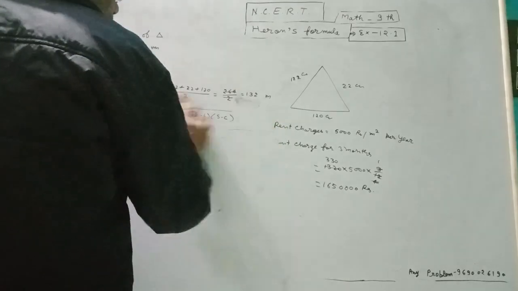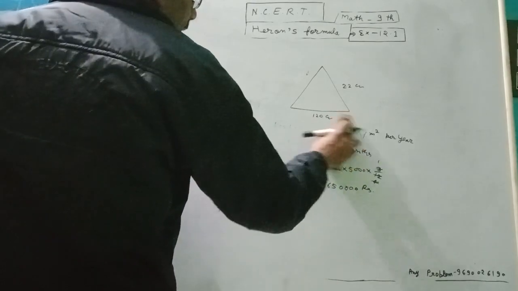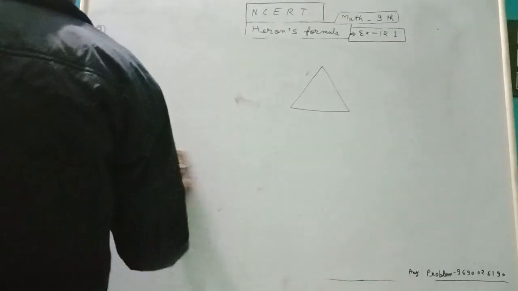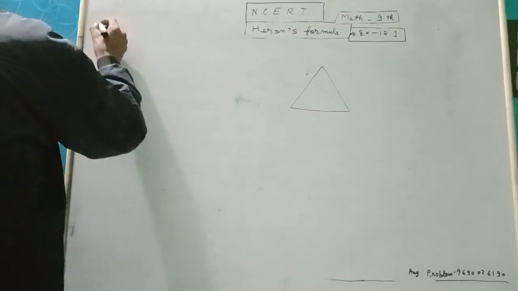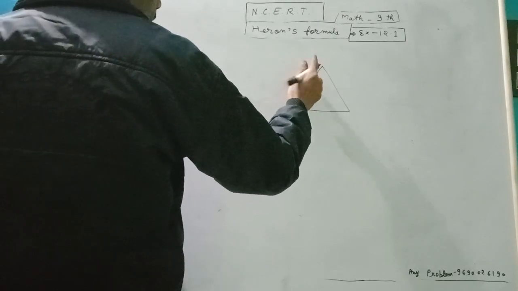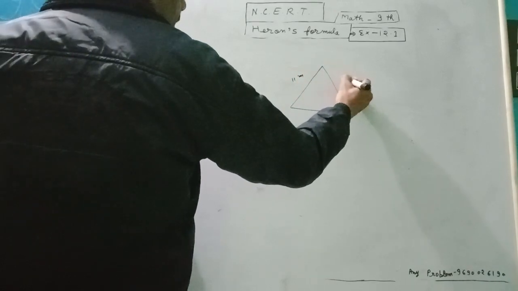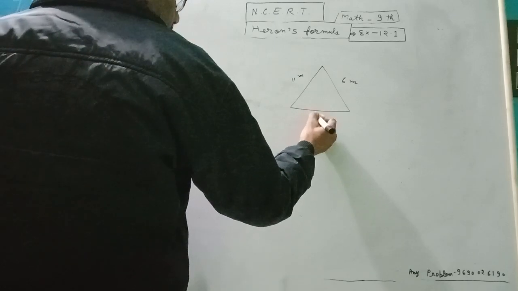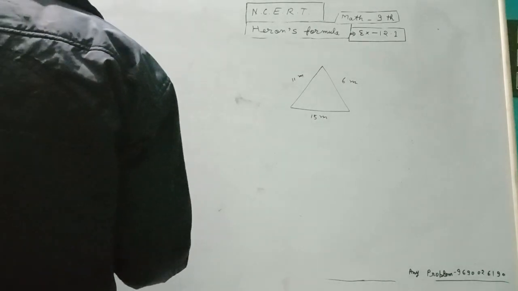a park. The sides of a triangle, written in green: keep the park green and clean. The sides are given. In question number 3, the first side is 11 meter, the second side is 6 meter, then the third side is 15 meter. We find the area of the triangular wall.